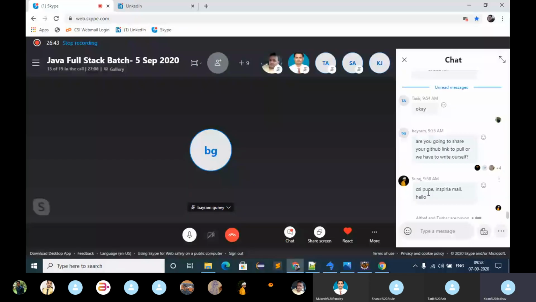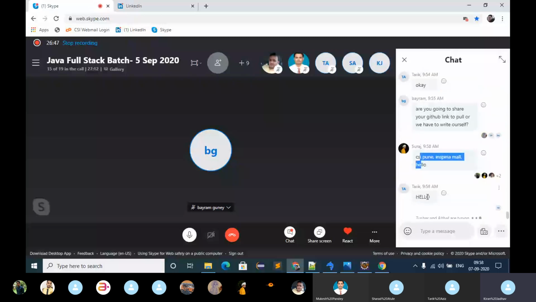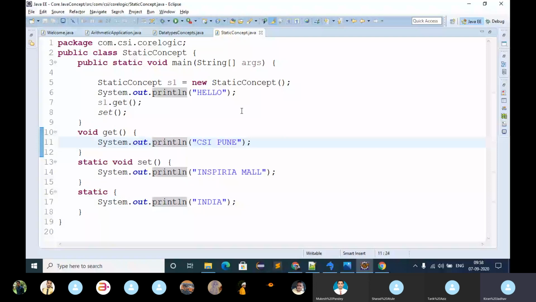Okay, you have given CSI Pune. Oh, Tariq. Okay, fine. I am going to show. Open this screen. Yeah, you are trying very good actually, because you are trying to give an answer. It will be two-way communication. You can try to give solutions as well. If your solution is wrong, that's fine, I am going to correct it, and you can ask many questions as well.